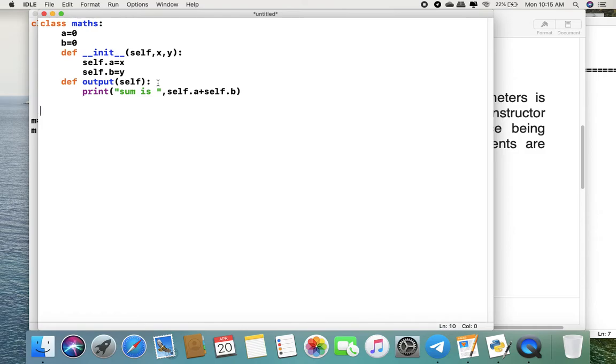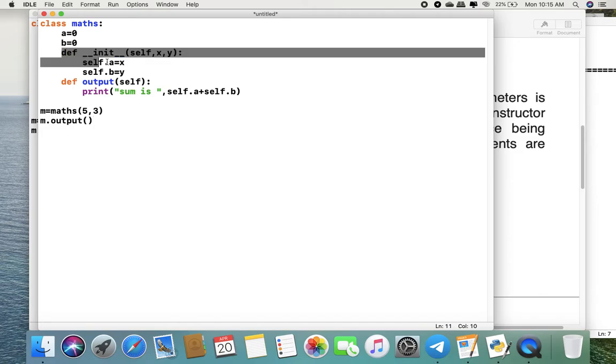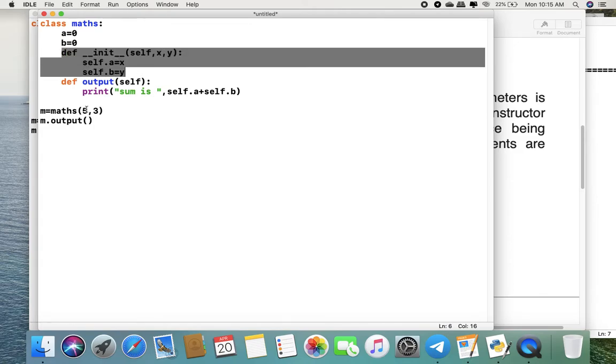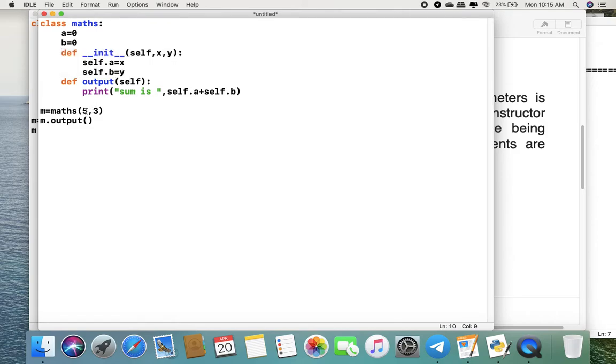Now I create the class object, m equal to Maths, and here I am passing two values, 5 comma 3, at the time of object creation, and I call m.output. When I create the object, the constructor is automatically invoked, so x is 5 and y is 3. The class variables a and b are initialized, a is x and b is y, so a is 5 and b is 3.